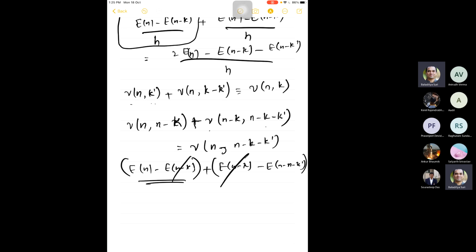So these two will cancel, and you get E of n minus E of n-k', which will give you ν of n transitioning to n-k'. This is the combination rule that is applicable in quantum theory. This is the combination rule that is applicable in classical theory. So what Heisenberg said is, let us choose the relabeling in such a way that the quantum combination rule is satisfied. And that immediately means,